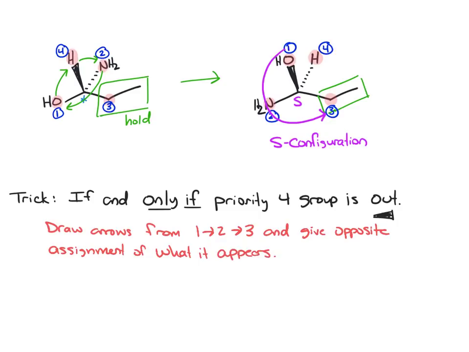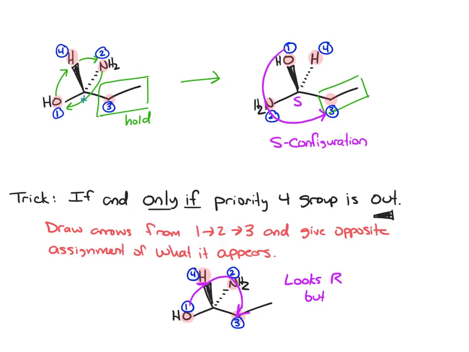So if we look at our original molecule again, we have it with this hydrogen, priority 4, pointed out. So then, let's draw our arrow from 1 to 2 to 3. And this is going around to the right. It looks like R,